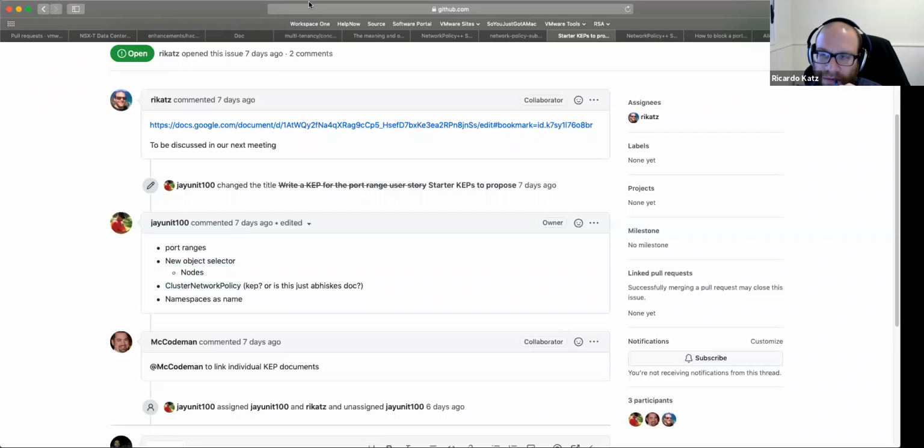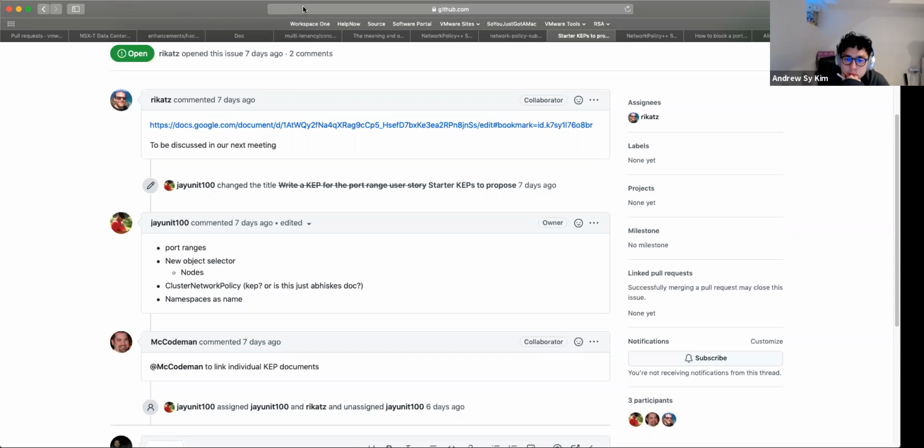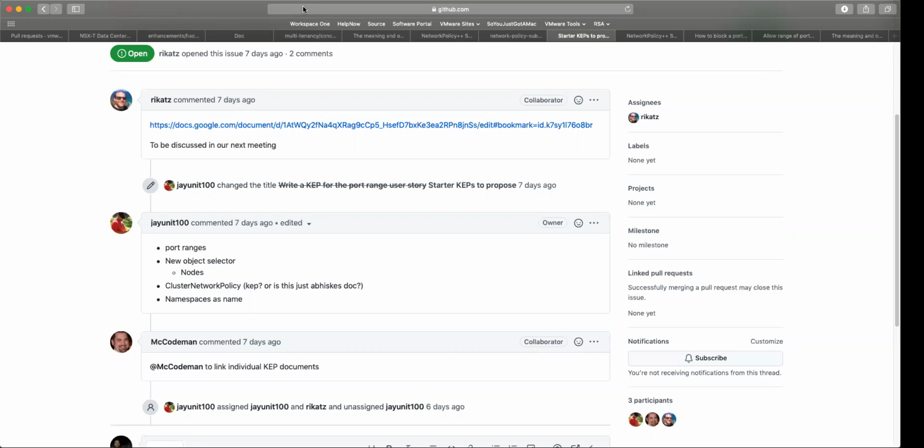I'm trying to recover this from memory, because from what I remember, the user story was more about allowing pods or services to be able to talk to the node interfaces. Correct me if I'm wrong. Anyone who remembers the user story? Yeah, I think so. If we want to allow access of pods to the node or the host, then we need to ask ourselves whether this is an admin API, or a developer API, or something that is relevant to both.